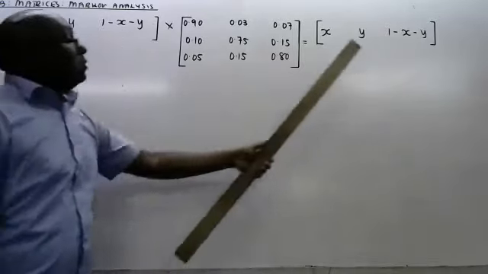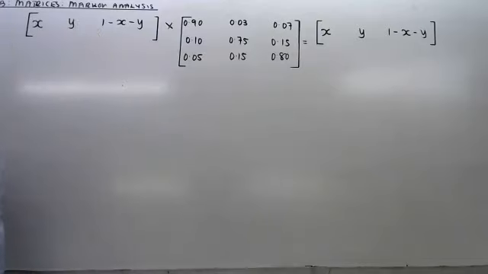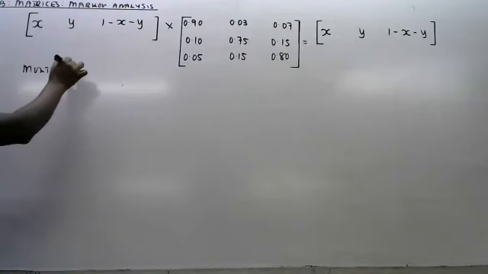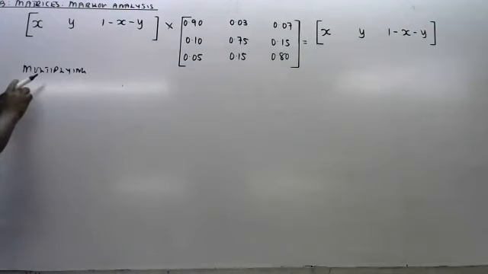This times this times this, it should be equal. Multiplying, we will be able to get